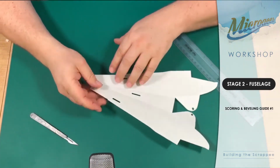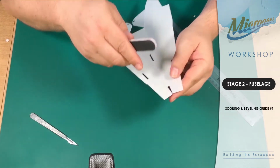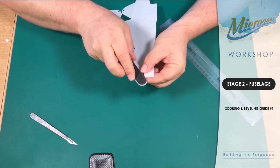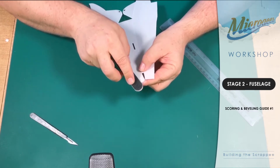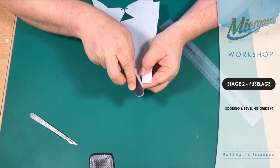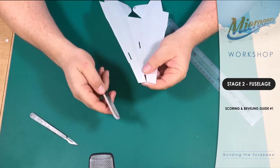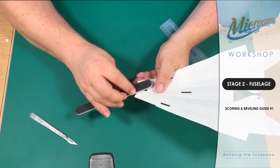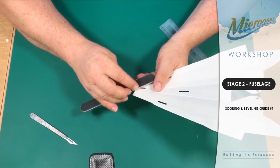The last bit of beveling required is at the tail here, which is what we term a shallow bevel. So we basically want to get a fairly long bevel that's a little more shallow than the 45 degrees. These surfaces will be attaching themselves to the rear of the airframe, so if we get a nice shallow bevel on these, then it'll look nice and neat, and there'll be a fairly large surface area that we can get the glue onto to adhere the skin onto